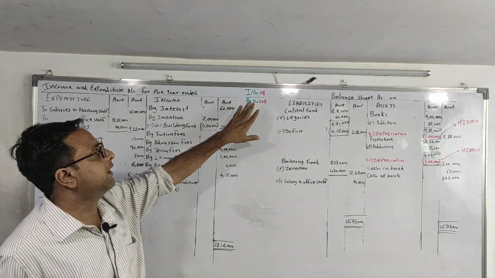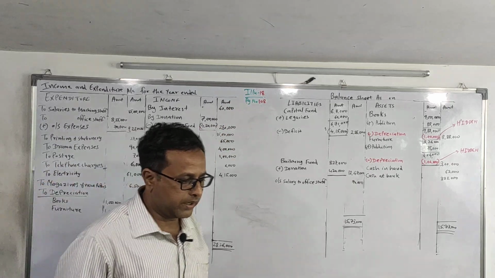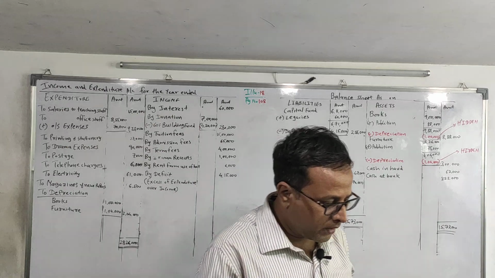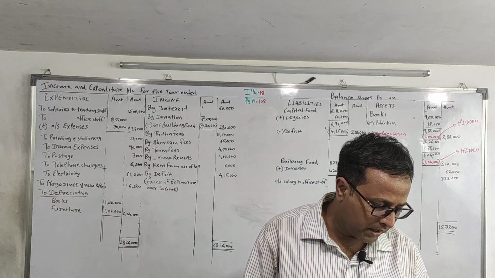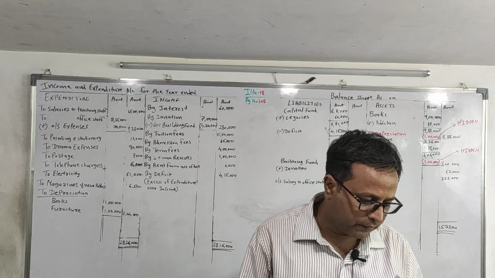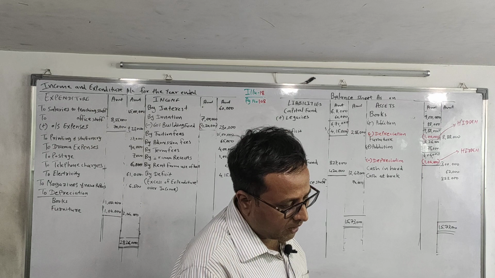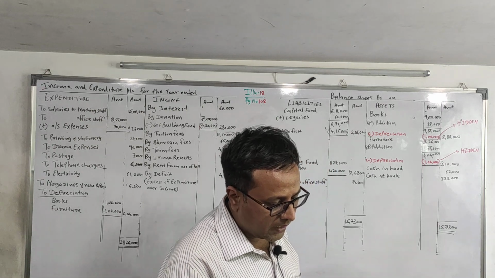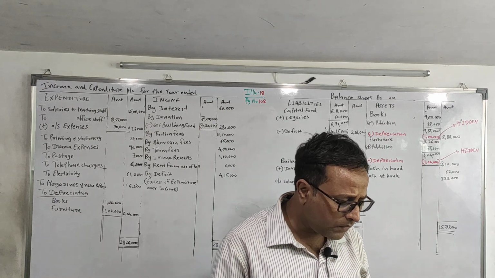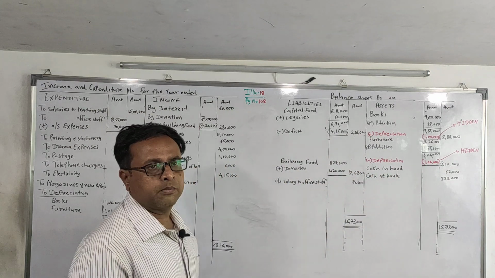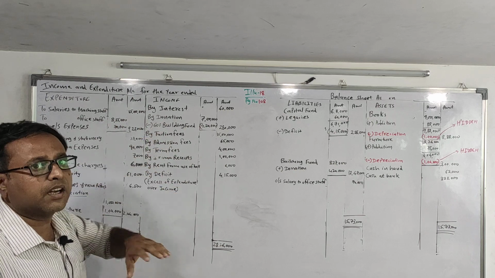So now we are starting with illustration 18 of NPO on page number 108. From the following receipts and payment accounts of Bahurao Patil Polytechnic College, Nagpur for the year ending 31st March 19 and additional information, prepare income and expenditure account for the year ended 31st March 19 and balance sheet on that date. Now in this type of sum, the opening amount of the balance sheet is given in the tabular